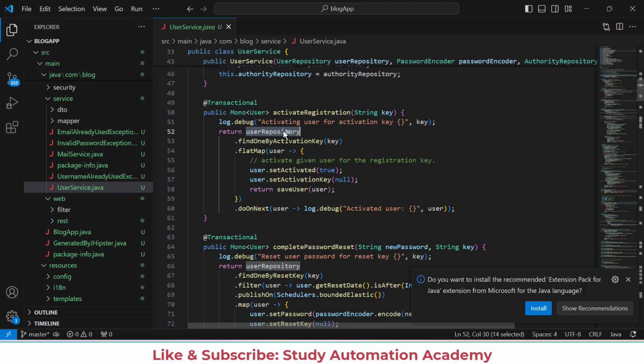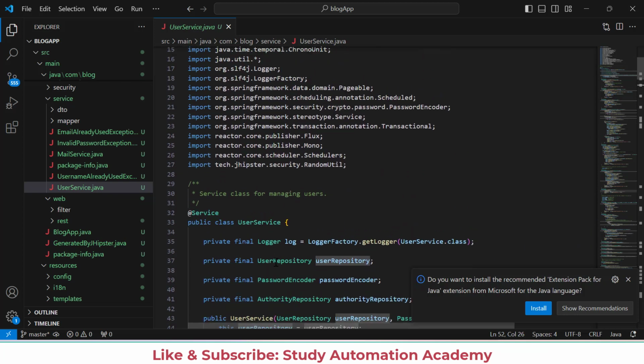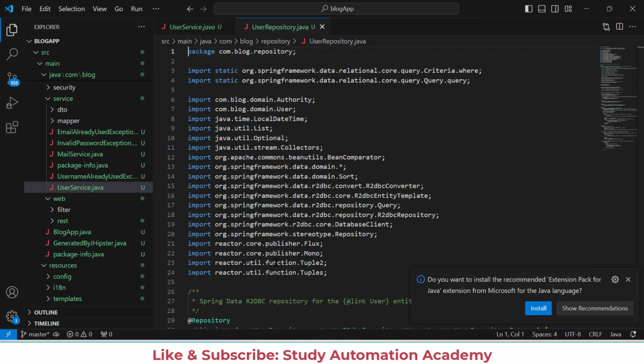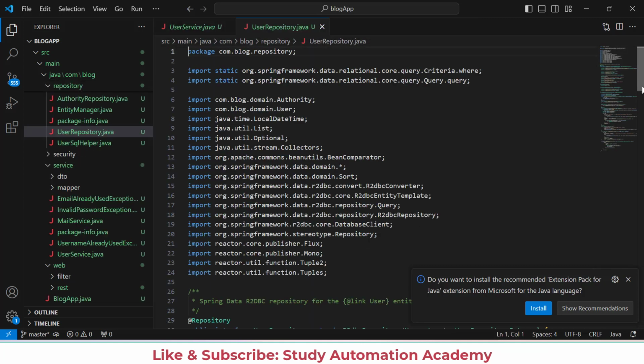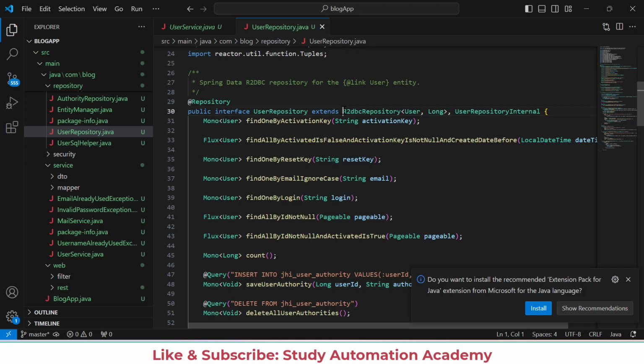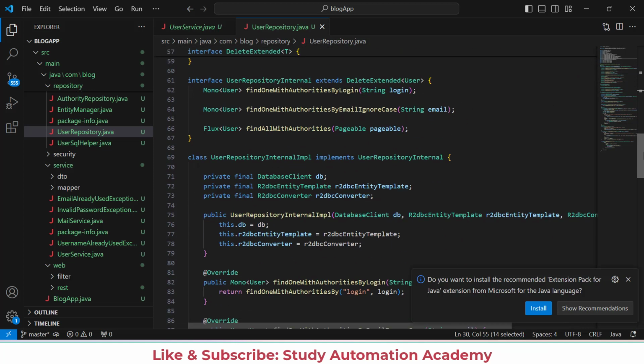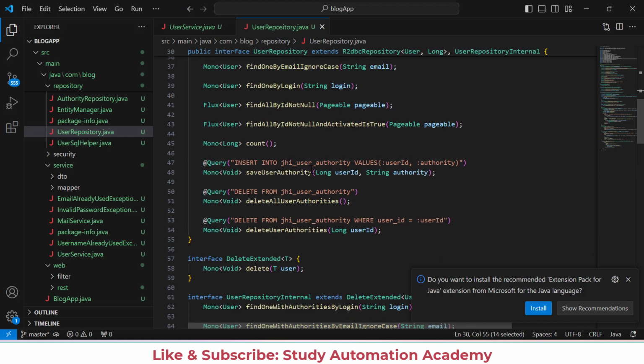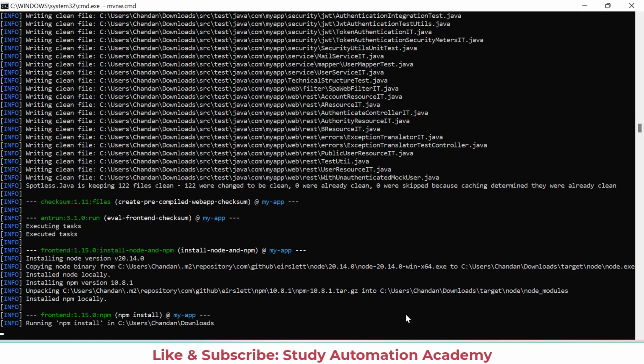If you go to user repository, you will see that it imports JPA repository, and it is implementing the R2DBC repository, and then we have all the stuff available. A few customs are also implemented. So everything is already implemented, you just have to use it.